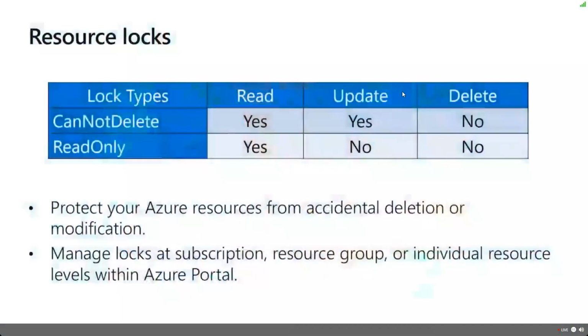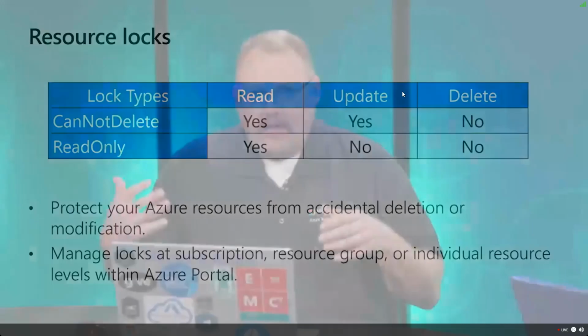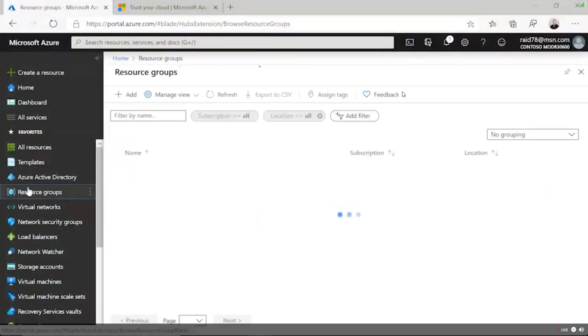And we have two types of locks. I didn't name these locks. We have a read lock, we have a delete lock. We have a new lock coming into our subscriptions as well as an update lock. But I'm going to focus on the two, delete and read locks, that we have inside of there. And let me take a look. To show you this, I just want to hop in because it's the best way to see how this works. Now remember, I'm logged in as my global administrator, so let me hop into my subscription as my global administrator. And let me go into my resource groups.